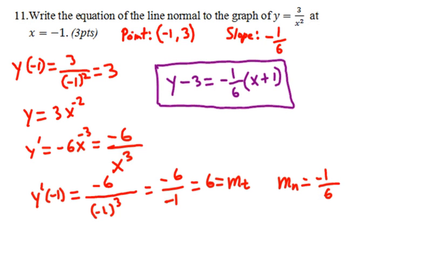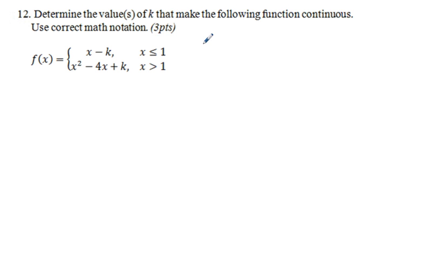And problem 12, determine the value of k that makes the following function continuous. Use correct math notation. 3 points, okay? Again, we're talking about limit notation, so I'm going to go below here and say, and this is our critical value, 1, because the function is continuous everywhere else, because these left side and right side are both polynomial functions. So we say the limit as x approaches 1 from the left of f of x